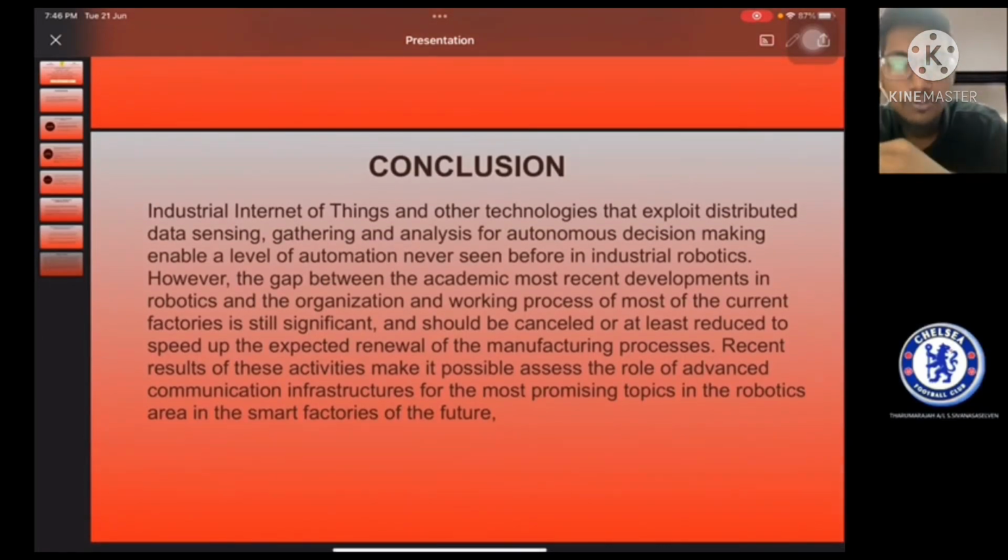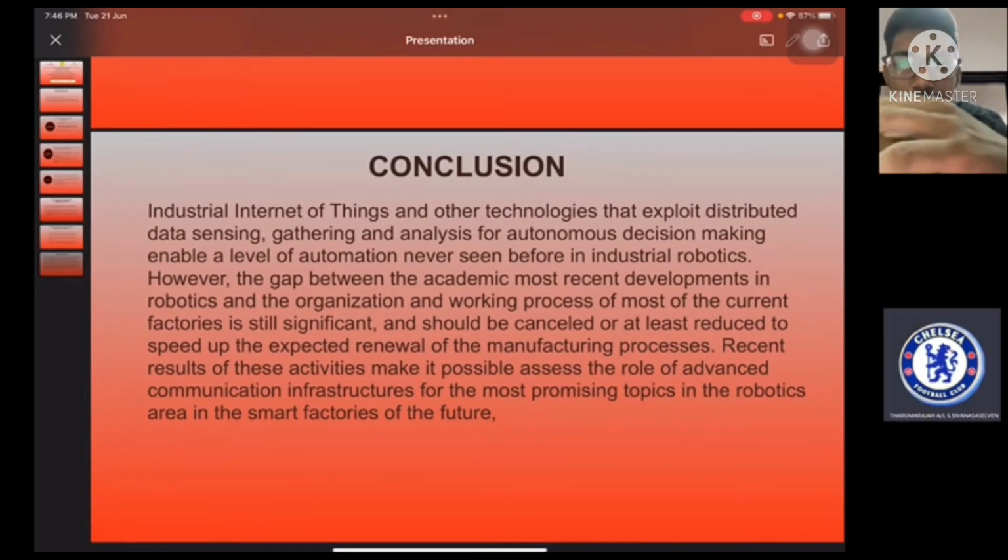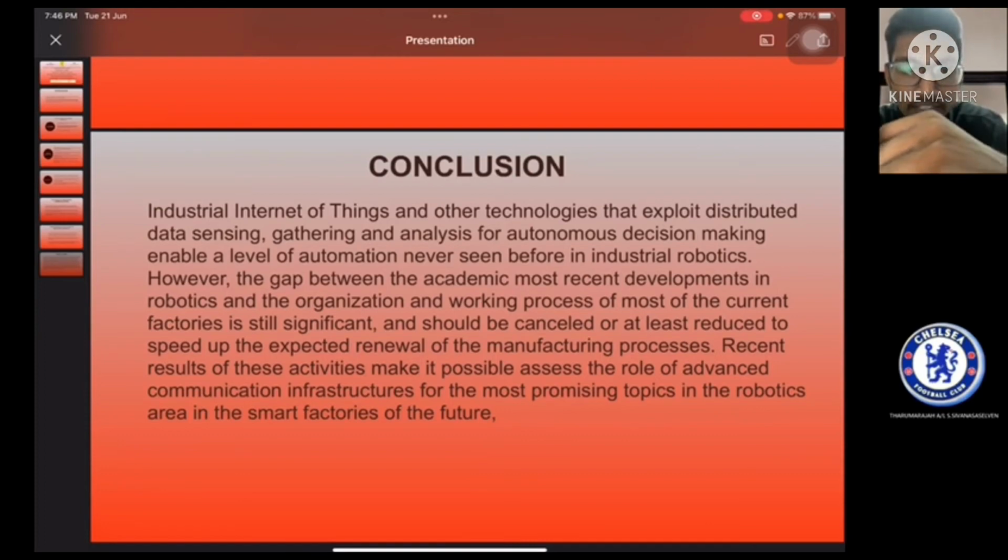Okay. As a conclusion, industrial Internet of Things and other technologies have exploited distributed data sensing, gathering, and analysis for autonomous decision making, enabling a level of automation never seen before in industry robotics. However, the gap between the most recent academic developments in robotics and the organization and working processes of most of the current factories is still significant and should be